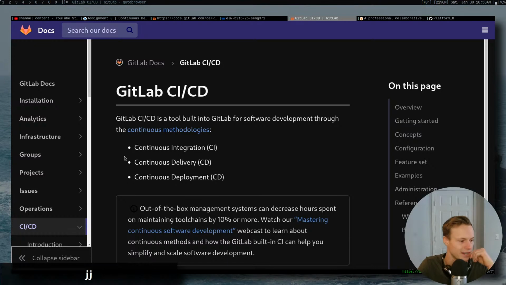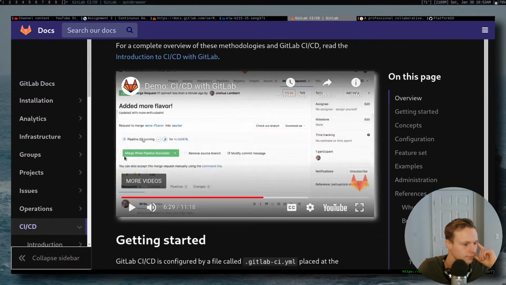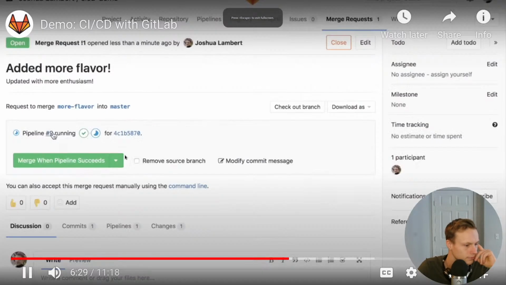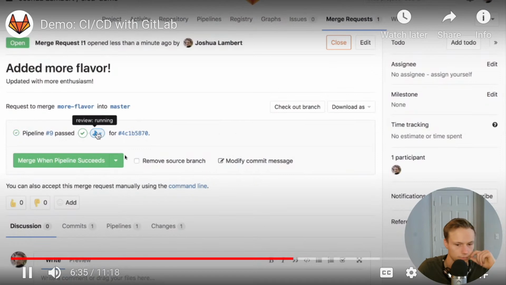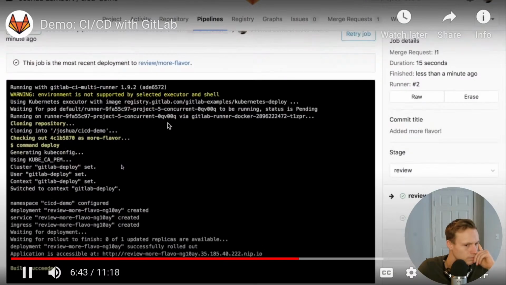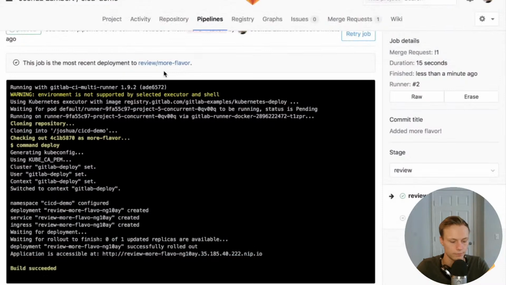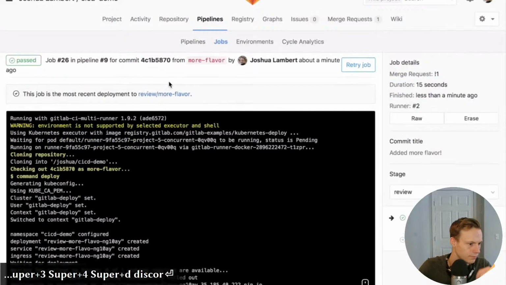Okay, anyways, back to what I was doing earlier. And in this case, our build has already succeeded. That's great. And you can see we now have a review stage that's happening. And what happens here is, because this is a feature branch, and we haven't actually committed our changes back into master, which is normally the case, it's a big challenge for other users to see my changes. They'd have to wait until perhaps I get to the stage and have this actually merged before I could finish them off for product or QA or whatever. But with CICD now,